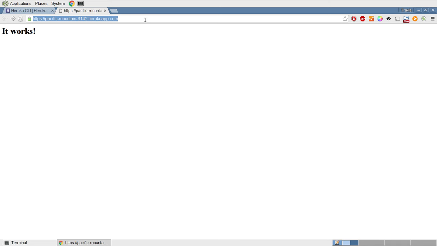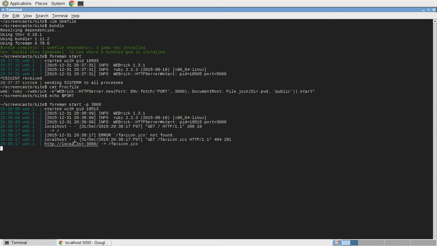So if we go to localhost 3000, we can see that our web server is running. And we can see the requests for those files here. Now we can see that it says error, favicon not found. So let's go ahead and create that. And the next time we run it,